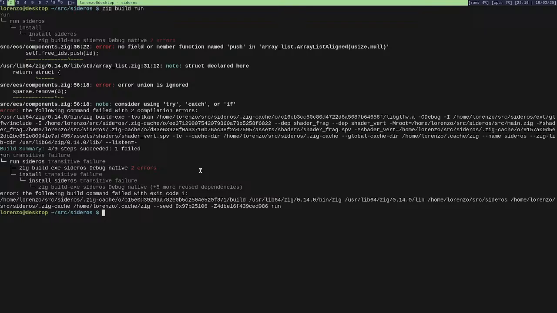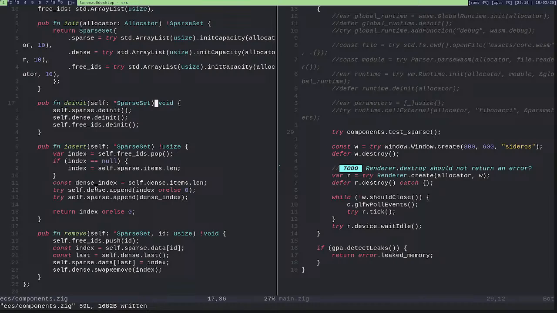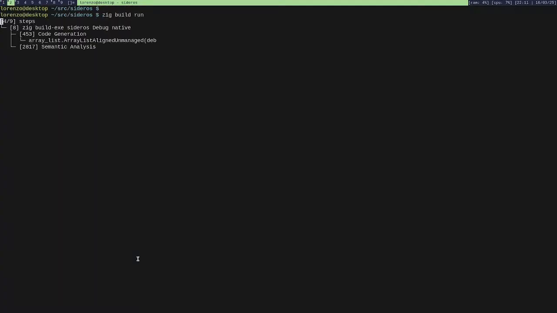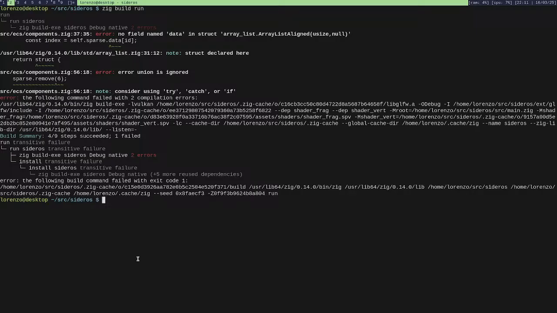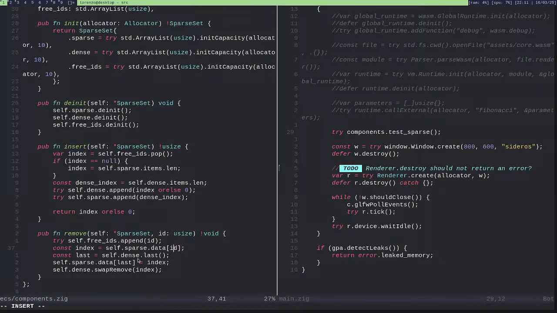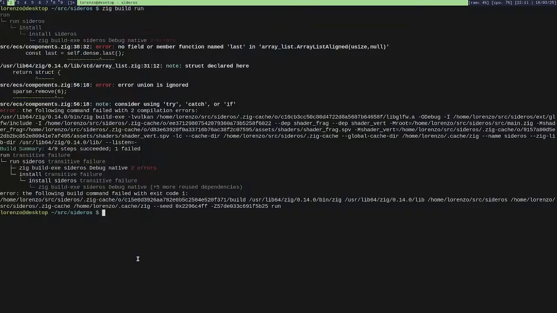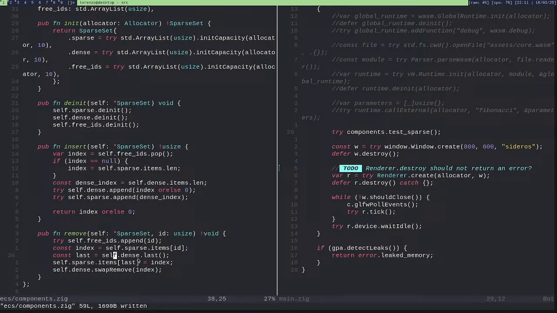And this is not push, but append. Okay. Because it's not data, but it's items. It's not last, but it's get last.